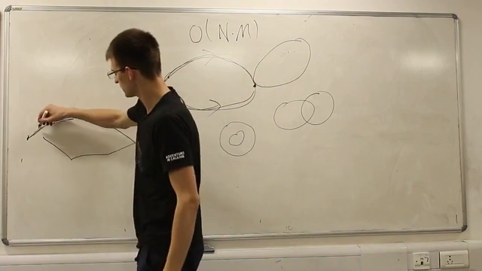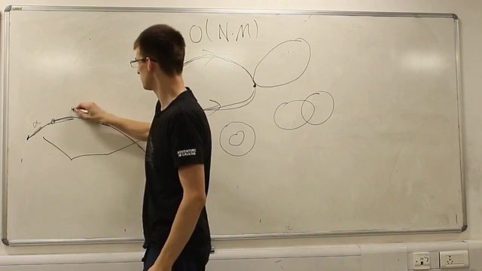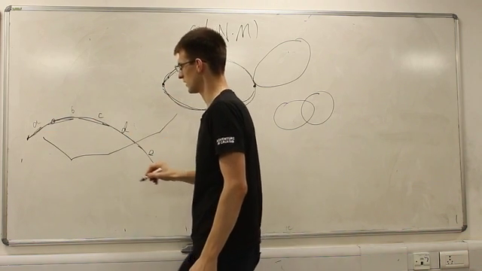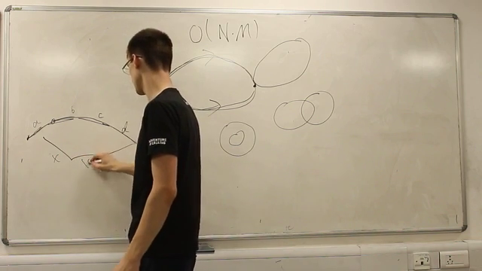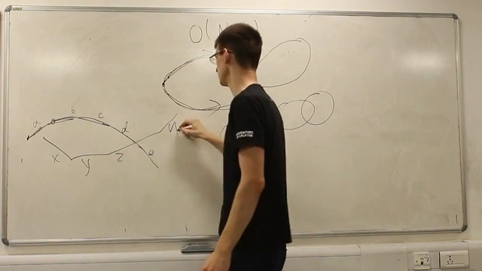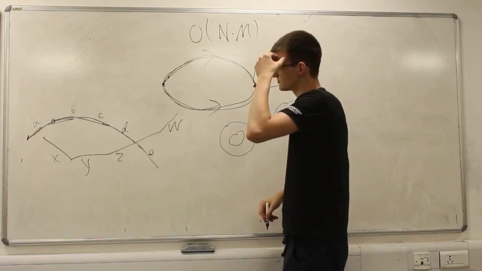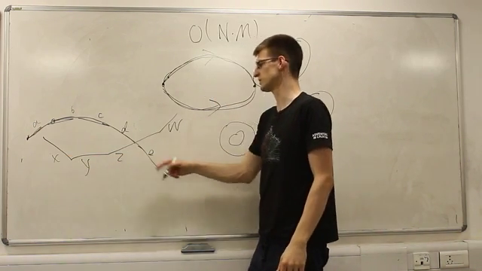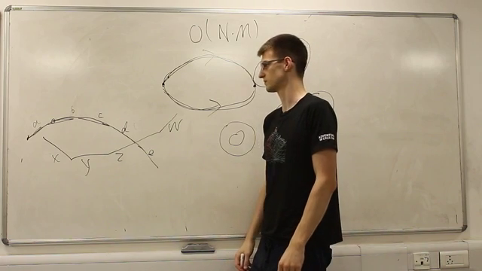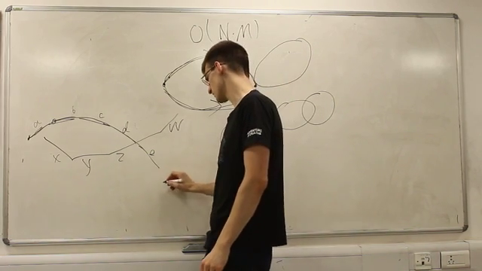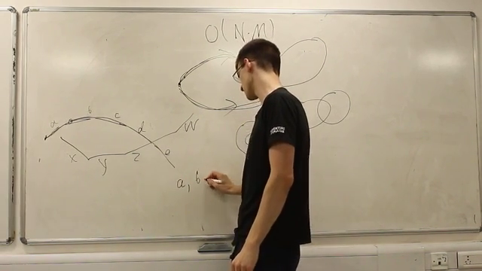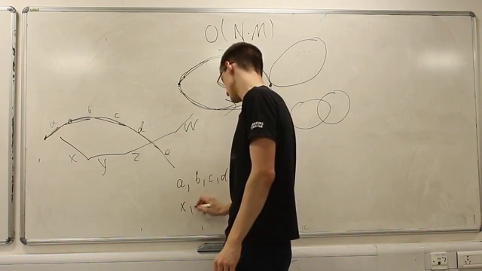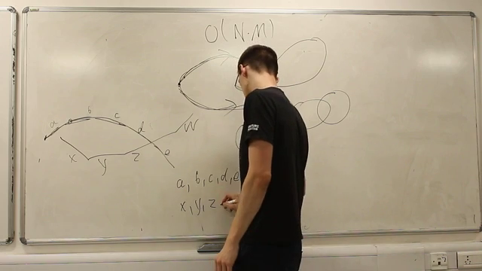Okay? We have, let's say, segments A, B, C, D, E, and segments X, Y, Z, W here. And it isn't necessary to check whether X and E intersect. What we should do instead is for two lists of segments, A, B, C, D, E, and X, Y, Z, W,